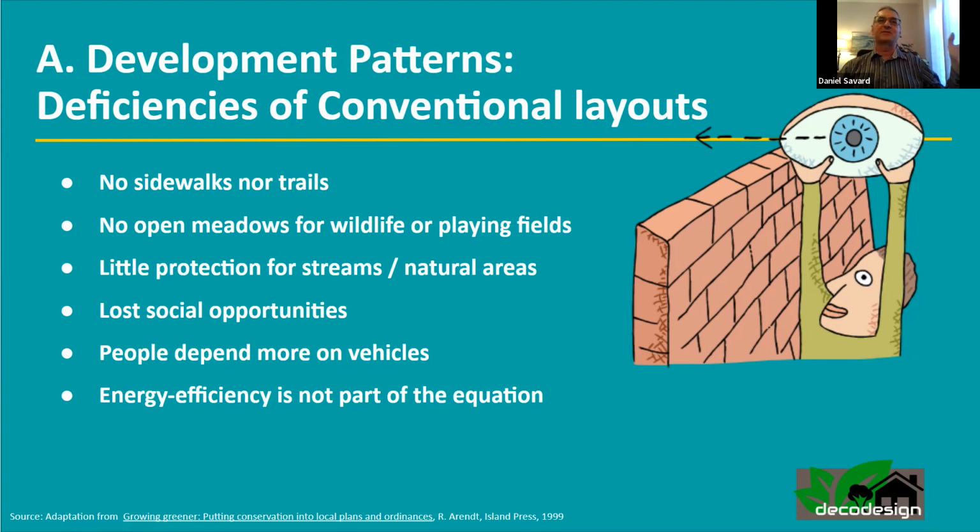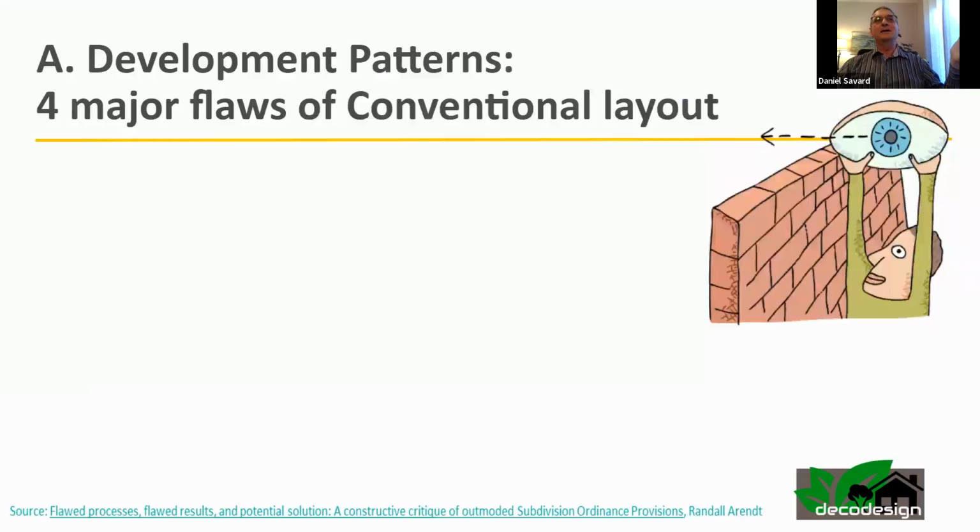There's a loss of social opportunities, and people depend more on vehicles, and energy efficiency is really not part of the equation at this point in time. And we should always ask the question, but why is it like that? It's interesting that if we look at the conventional layout, there are 4 major flaws